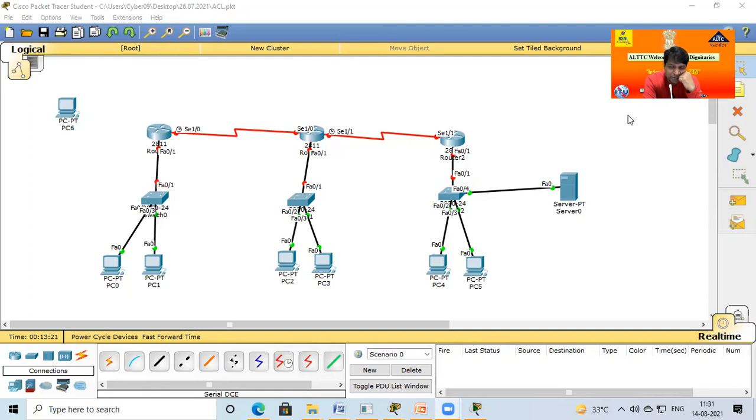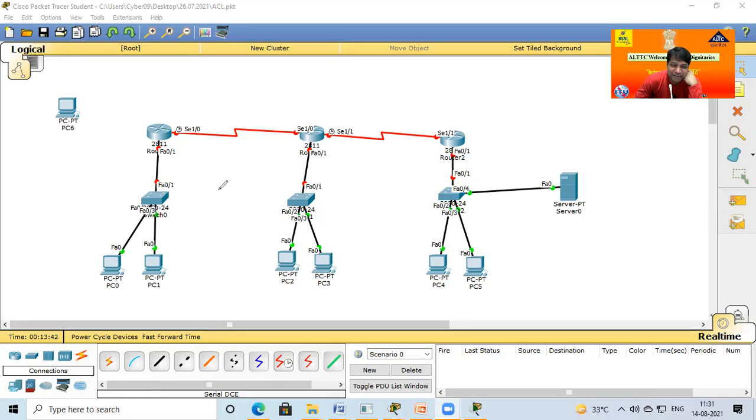You can say 3. Earlier, in the old configuration, there were 3. Here I use an additional router, so how many? Yes, 5. Very nice.